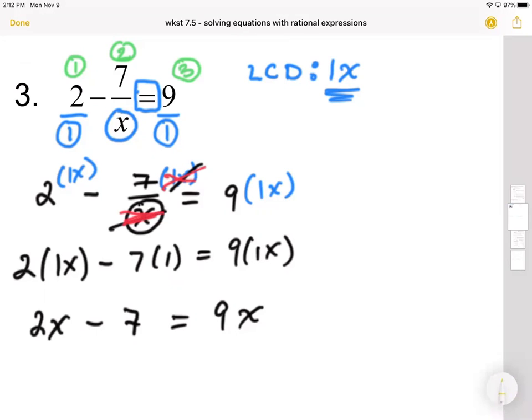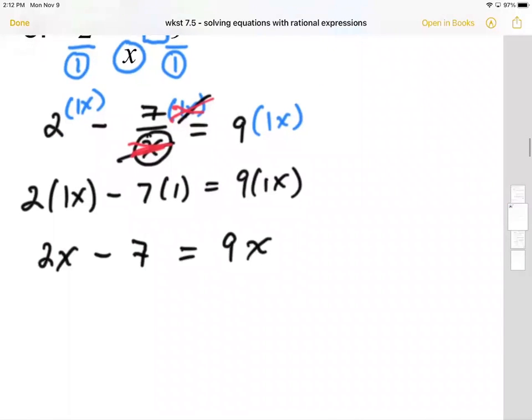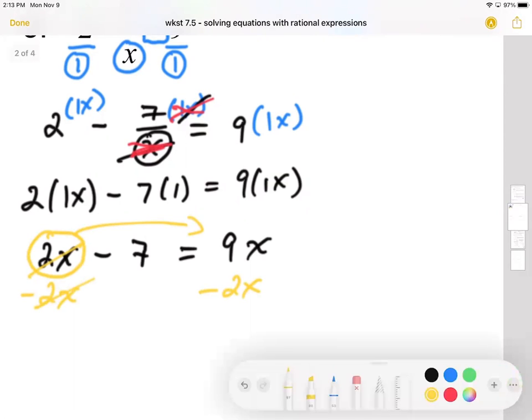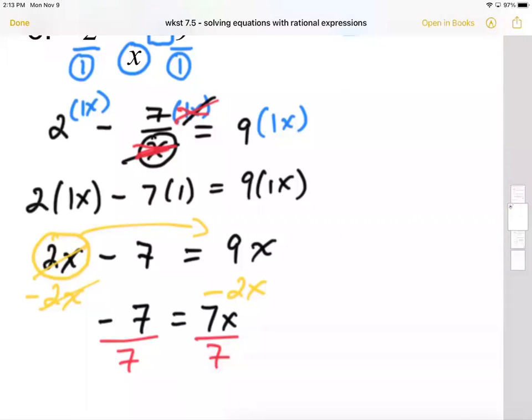If you look at this, do you agree that now I can solve? And do you agree that I need to get my 2x to that side? To get my 2x to that side, I need to subtract 2x, because 2x take away 2x cancels out. And I still have negative 7x on this side. In this case, I have 9x minus 2x, which gives me 7x. How do I get rid of this 7? To get rid of the 7, I need to divide by 7. Therefore, my answer is